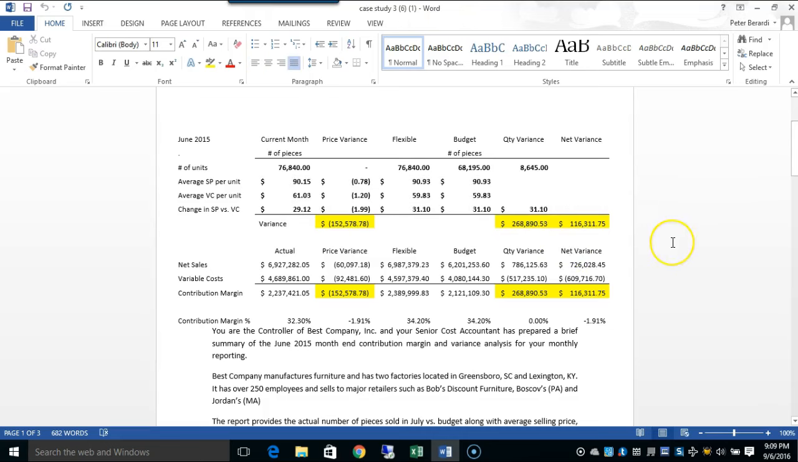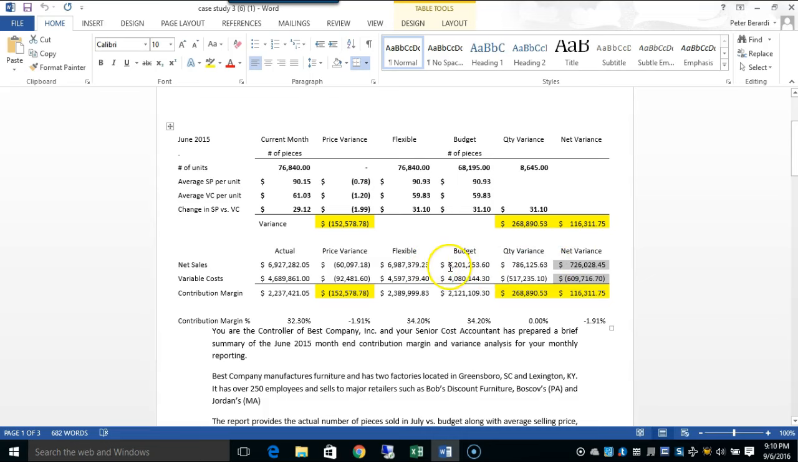What I want you to do is a report for the month, as if you were reporting to a CEO or a CFO and so on, explaining your actual performance to budget, what the variance is, whether it's favorable or unfavorable, and then drilling down to the big number, the variance here, and discussing why this net variance is favorable or unfavorable and what the components are. So you're going to say that net sales